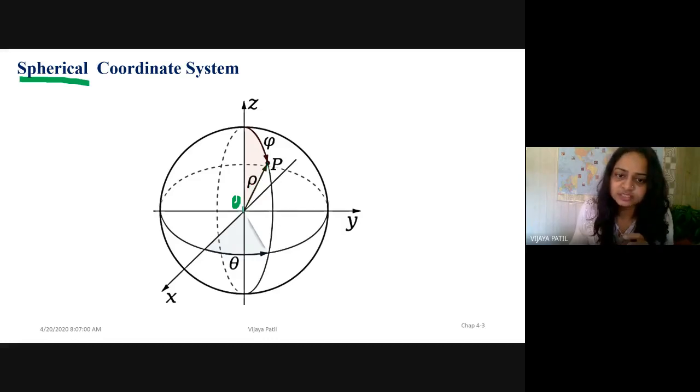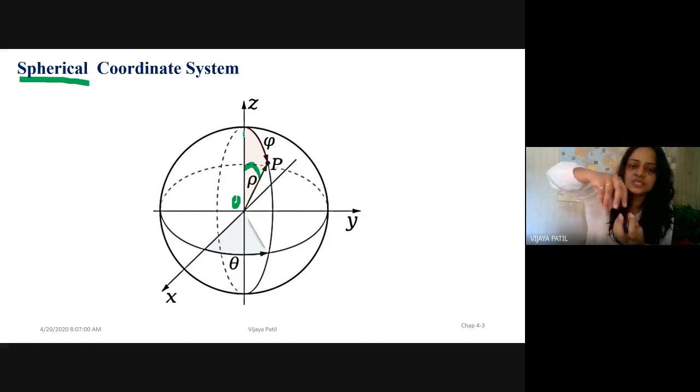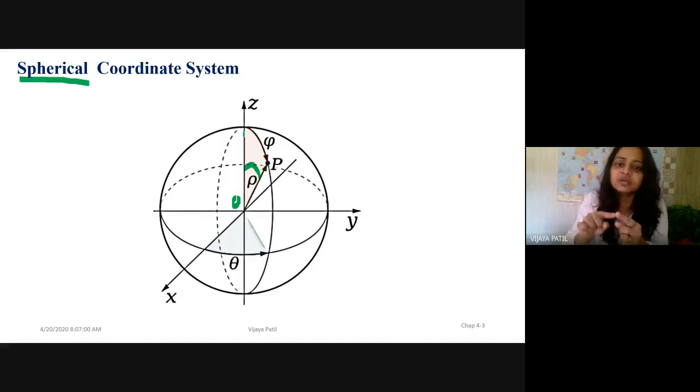If this position vector is making some angle with positive z, let us say that angle is nothing but phi. Angle is phi here, right? Now, if we observe, this angle phi, this point P is starting from here to here, and it will move like this. So how much will phi move? Phi will move from 0 to pi. It's not required to move phi through the entire 0 to 2 pi to trace the entire sphere. It will be just 0 to pi.